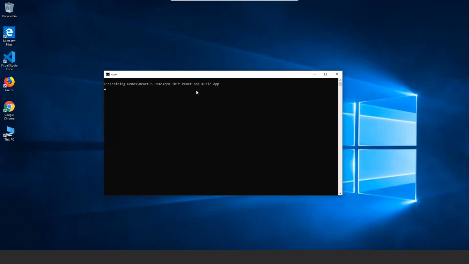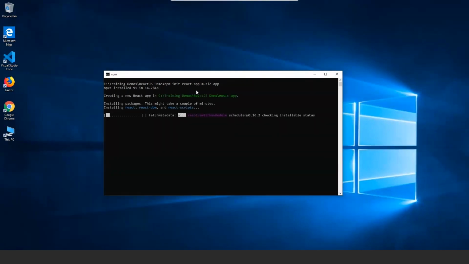So we'll hit enter and give this some time, and you can see it's started downloading the core React.js libraries, and it is attempting to create our application. It's installing all the prerequisite packages and scripts that are required to initialize and create a new React.js application called Music App. Once this application is created, all we would require is an editor. You could use an offline or an on-premise editor as well, any editor of your choice, it could be Atom or Sublime Text or WebStorm. For this demo, we're going to use Visual Studio Code, which is a free editor